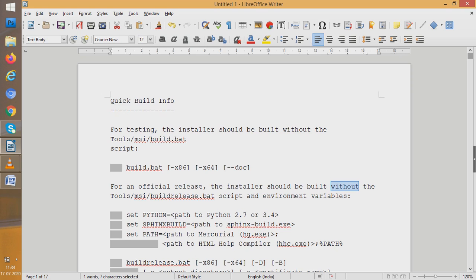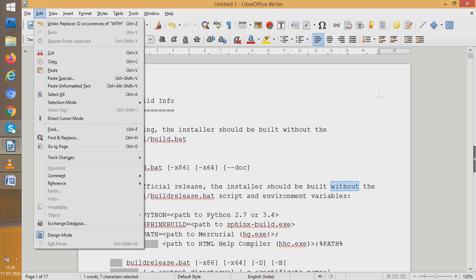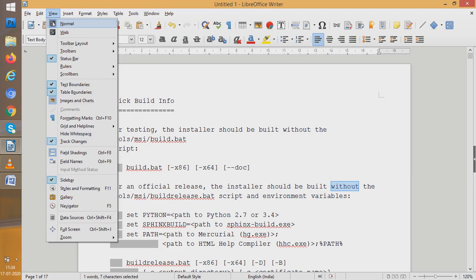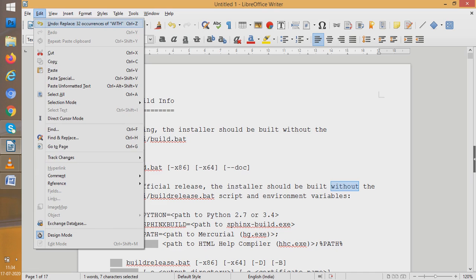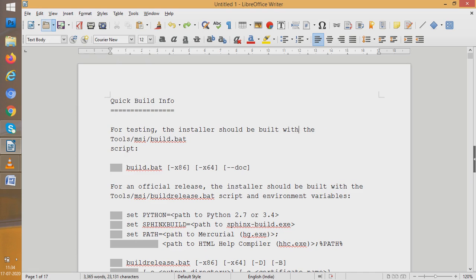So students, we have learned one given concept. Suppose I want to undo the changes which we did, so we can go to undo. See, undo is very easy. How do we undo things? Here see, it is written undo 32 replacements. So we click it, and again it becomes "with". Why did I undo? Because we know that "with" was the right one and "without" was the wrong one. We only made it "without" to understand the concept of find and replace. So again I made it correct for further proceeding into our concepts.